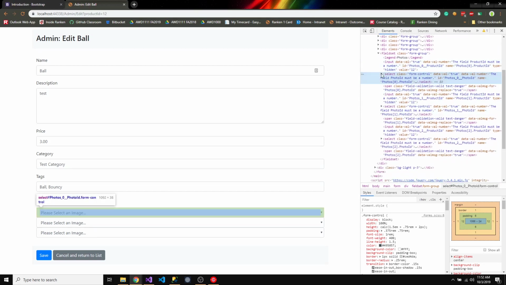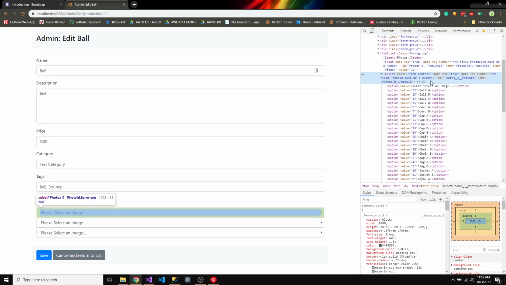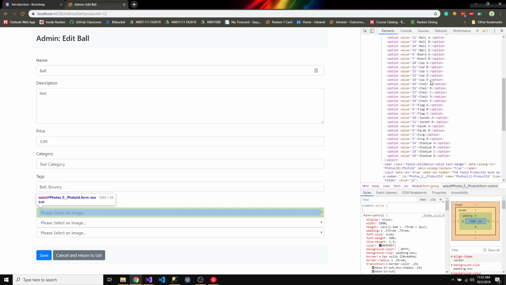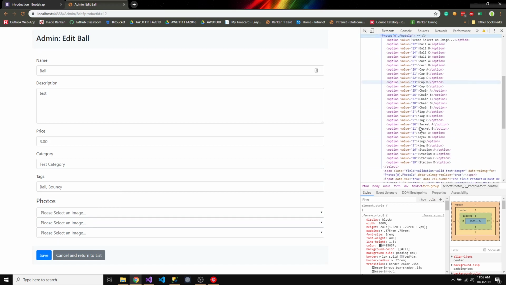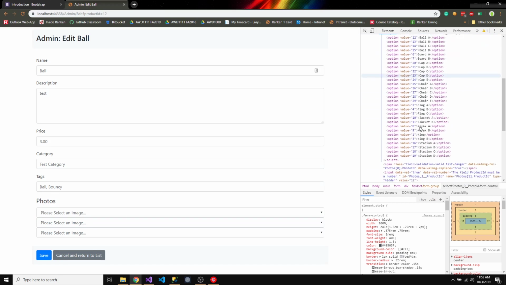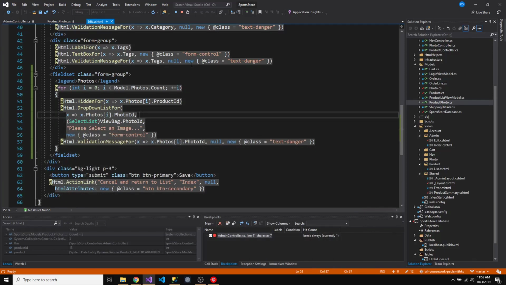If I look at this, none of the items are being marked as selected, because typically there would be an option in here that would be marked selected as far as which option was already selected. Okay, I think what I need to do, and this is just a little bit of a shot in the dark, so what if I do